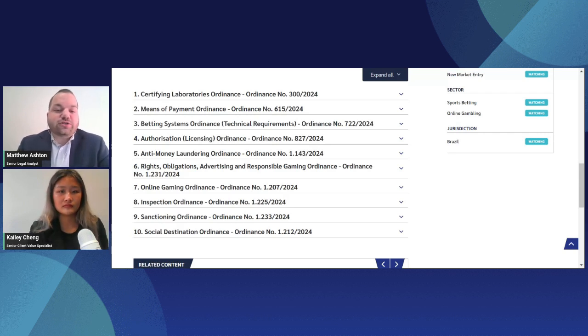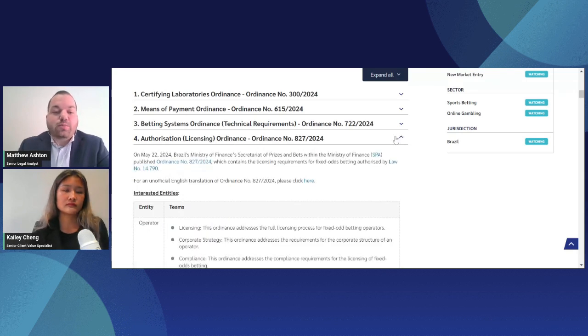So the first version of this report really took a stab at predicting what those ordinances would answer and would be about. So we had a table of questions we expect them to answer, the background from the law of what we could expect from the regulations, and then questions we're hoping they would answer in those ordinances. But now, as all those ordinances have been released, we've been able to update this report into a couple different tables